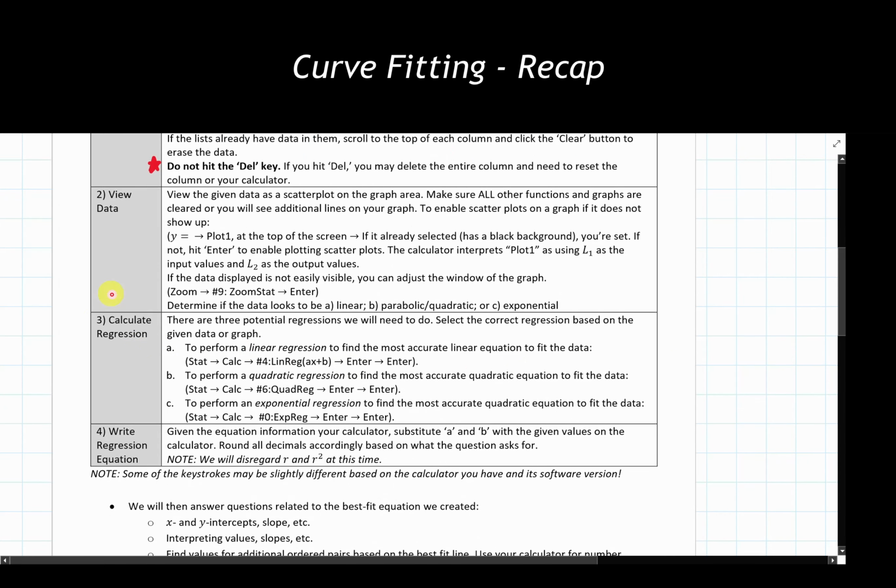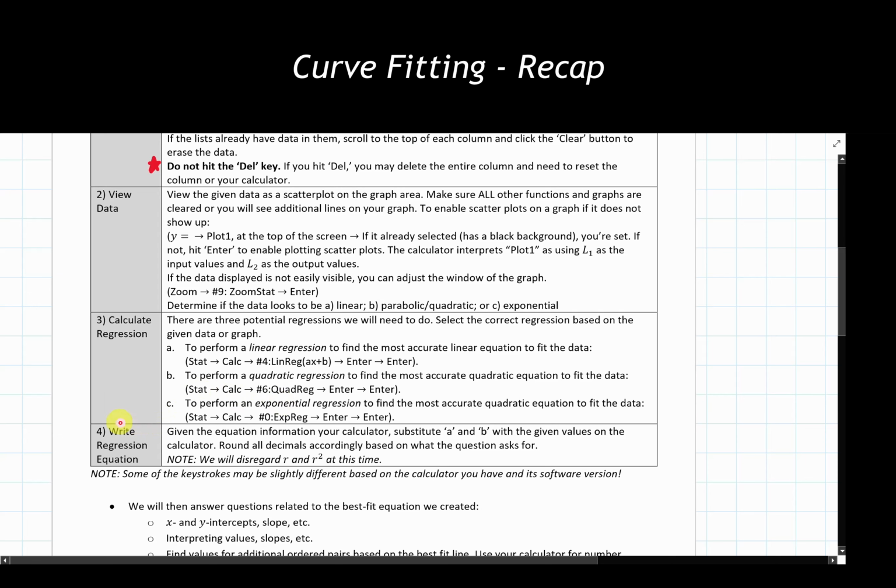We're then going to go in and actually calculate the regression, or better, the calculator is going to calculate the regression. And that all determines if I'm doing a linear, quadratic, or exponential based on the data that I've seen. We have our options listed here. Again, these numbers might vary ever so slightly based on the version of calculator that you have, but the command that's listed here should be the same on pretty much all of them. I know we didn't go through an exponential regression here, but the process that we used previously and up to here is going to follow the exact same steps that we used.